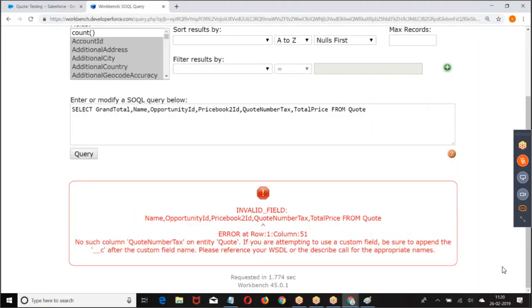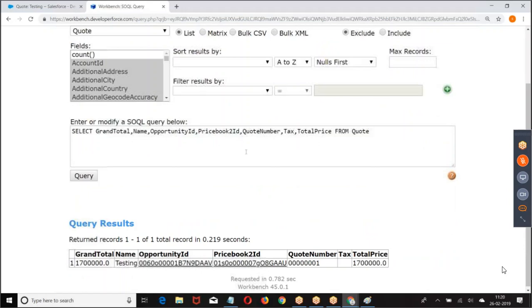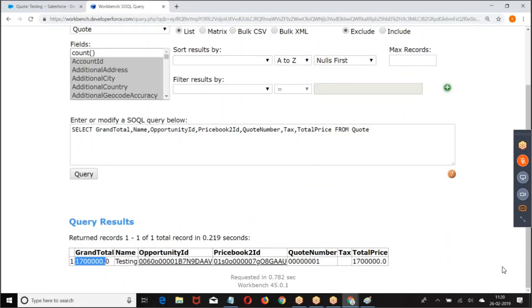Quote number and tax. Now look at this. This is a quotation, this is the grand total of the quotation. This is the opportunity with which it's associated. Now, opportunity is a parent for quote. So, based on the opportunity, I can get the list of all quotes because I can create multiple quotes for the same opportunity.